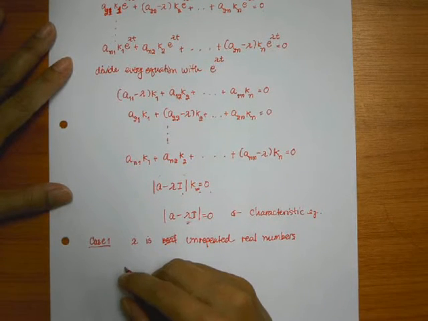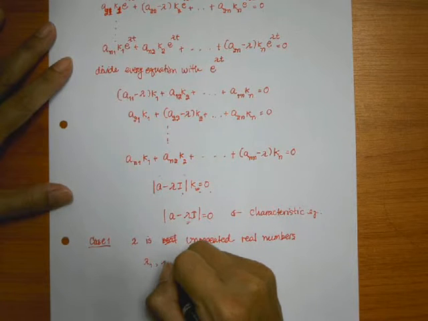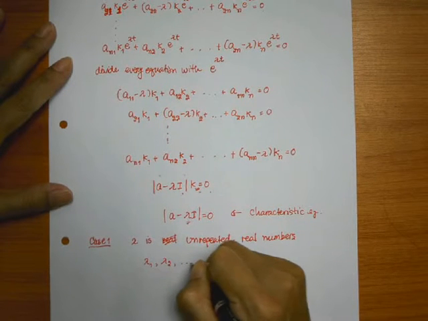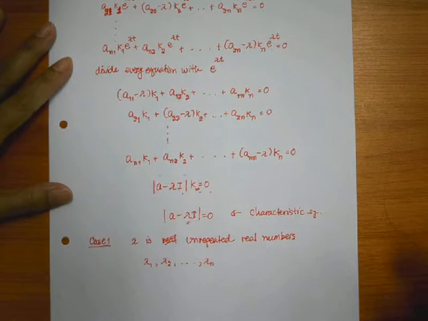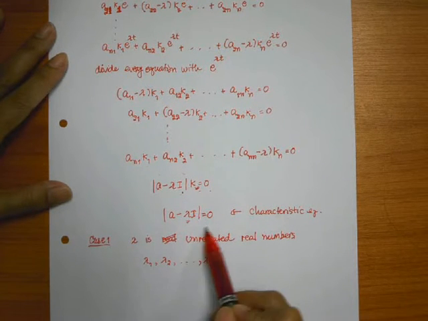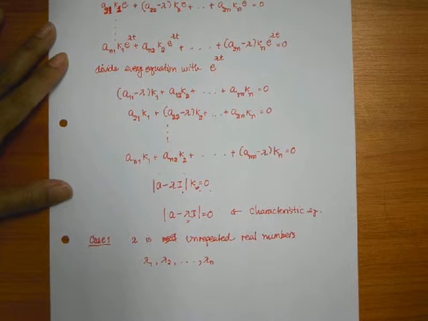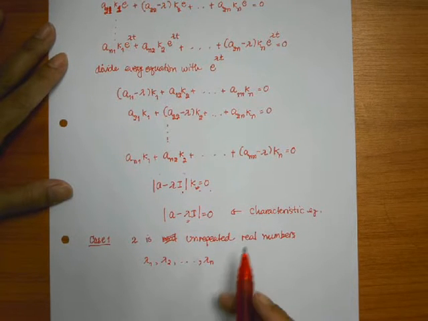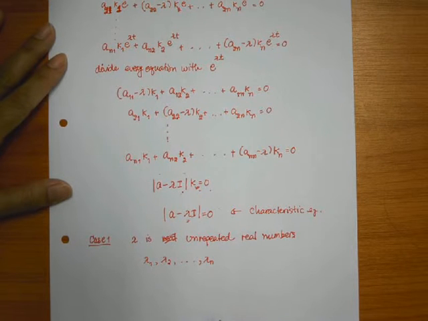So if we have lambda 1, lambda 2, and lambda n as the solutions of our characteristic equation, and lambda 1, lambda 2, and lambda n are real numbers and they are not repeated,